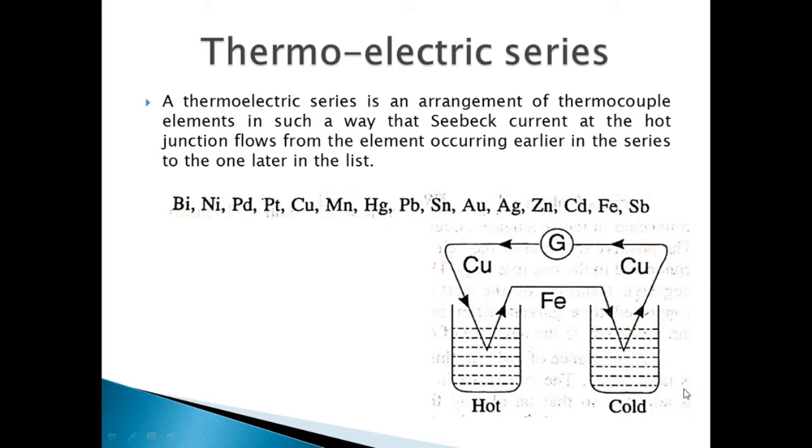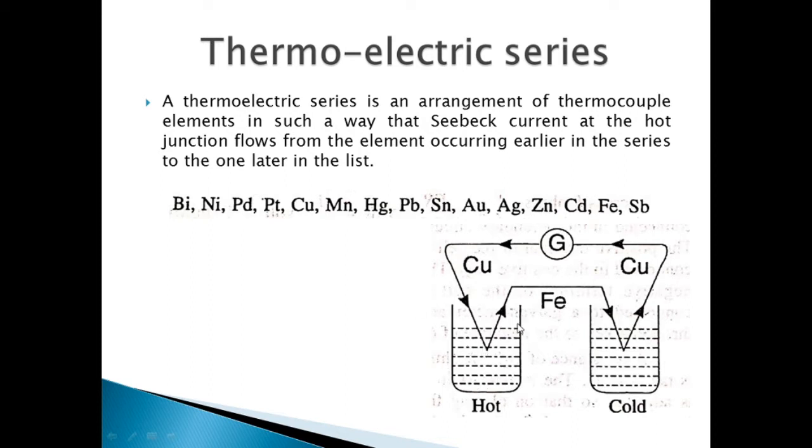This figure demonstrates the Seebeck effect. Here we can see two materials being used, copper and iron. Of the two junctions, one is immersed in hot water, and the other is in a cool atmosphere. So here we can see a current starts to flow through this closed circuit.